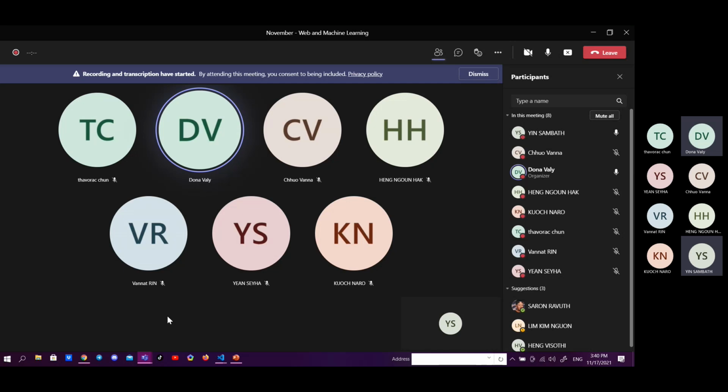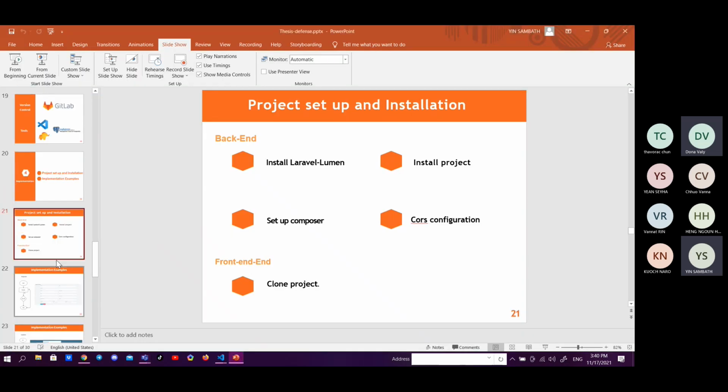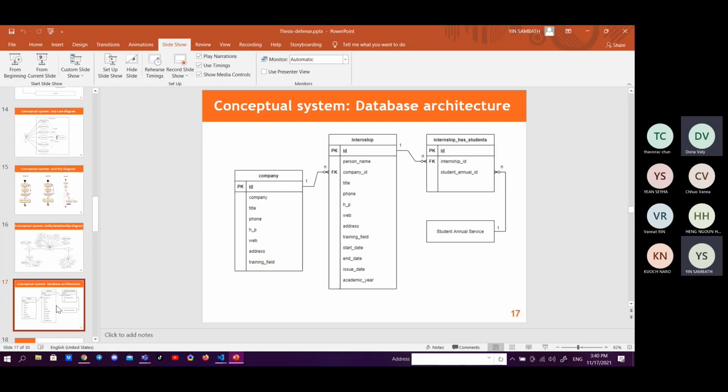Can you explain how the system manages the internship information of the students? What is the scope of the internship management system?